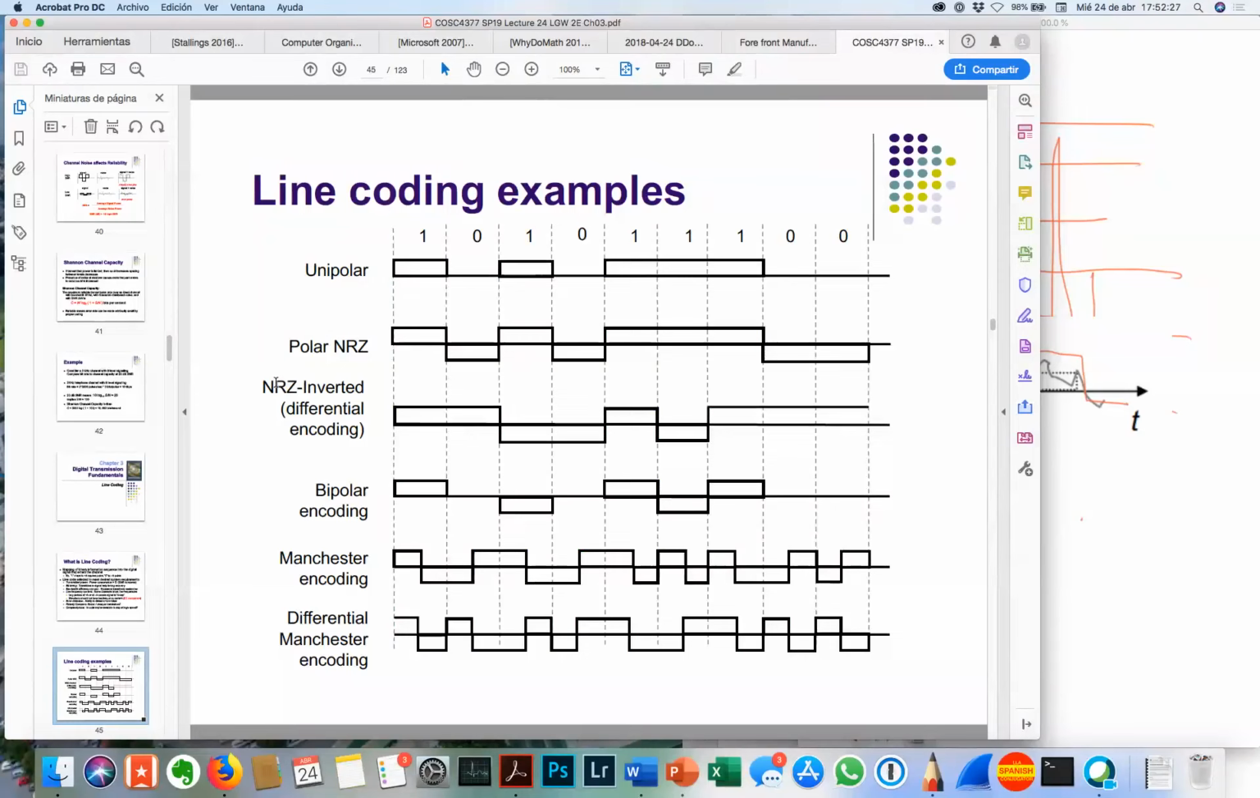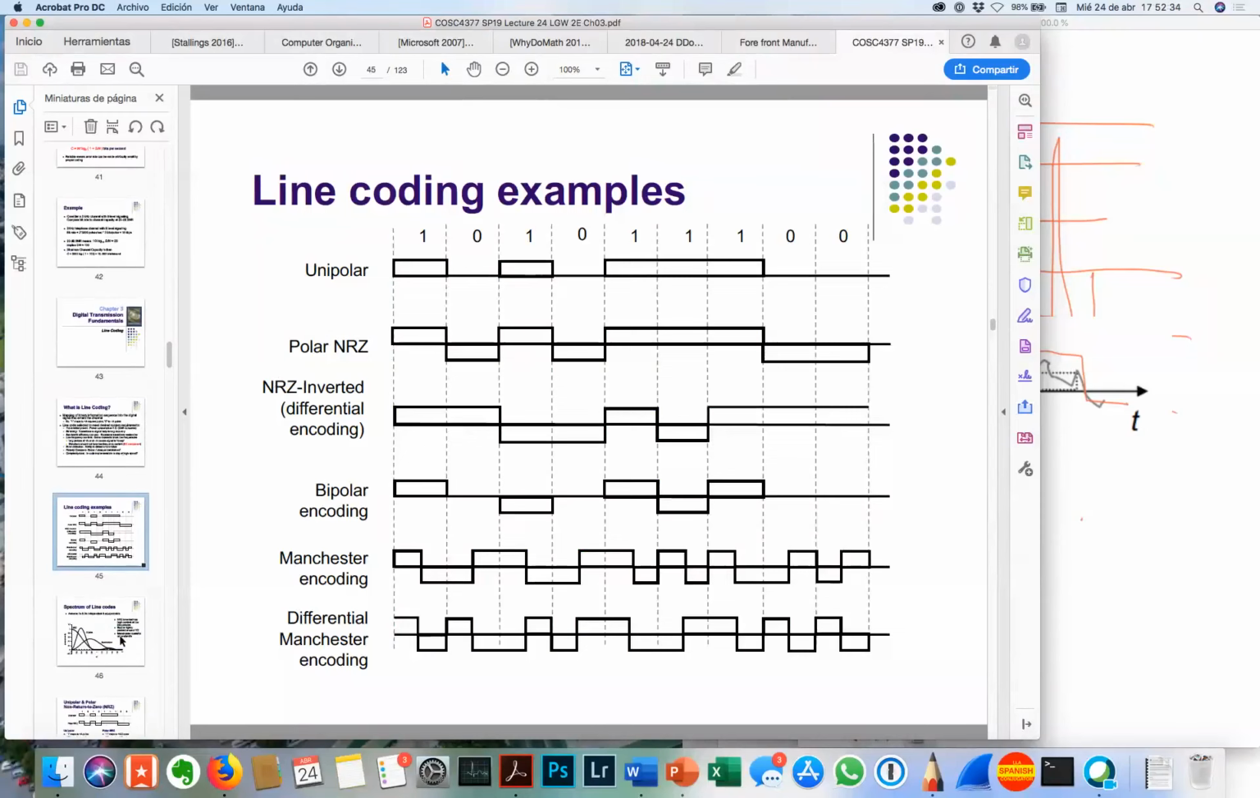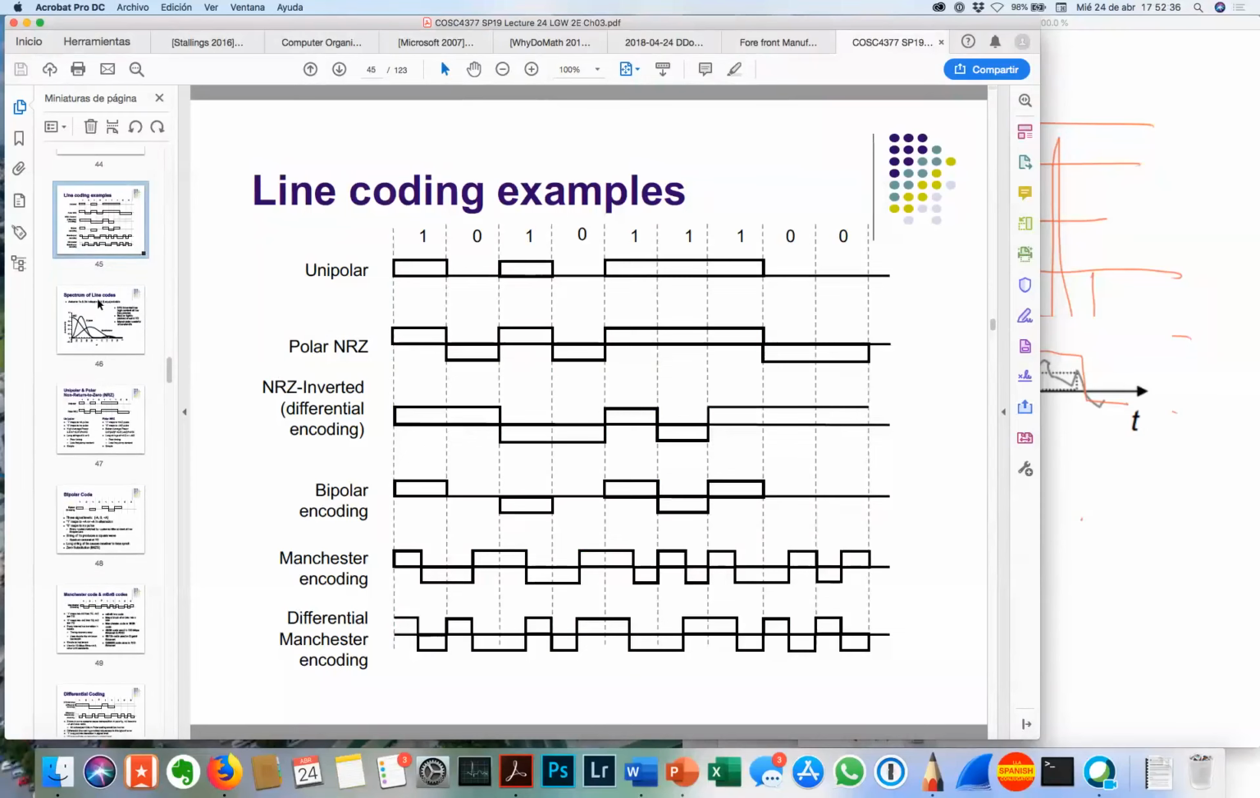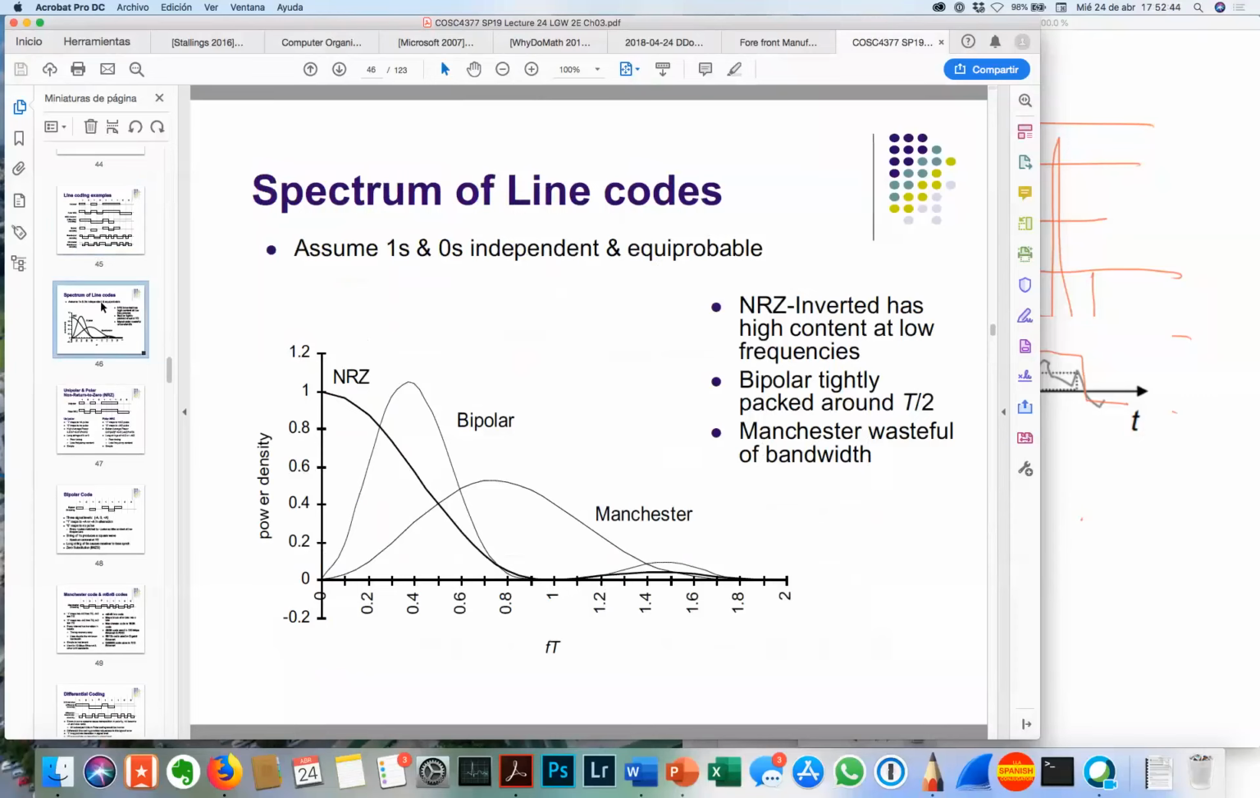Then there's bipolar encoding. The more common ones that we use are the ones near the bottom. Manchester encoding is what's used on high-speed digital voice circuit lines in the world's telecom industry. And they are all there to kind of keep you from losing track of what the clocks look like. And spectrum of line codes, you can sort of measure the power density of these things and figure out sort